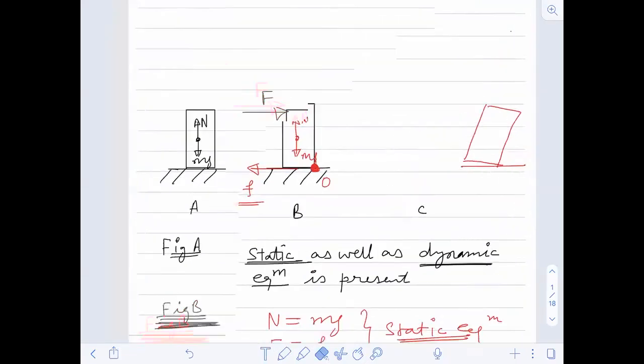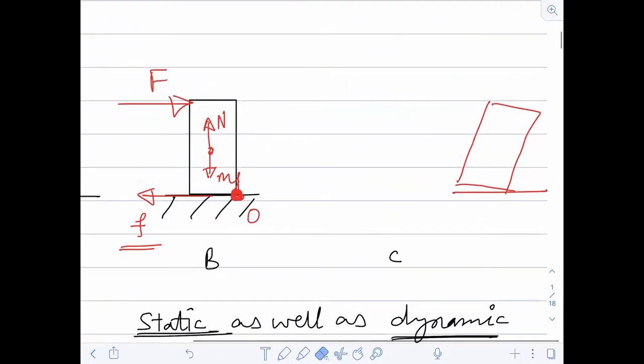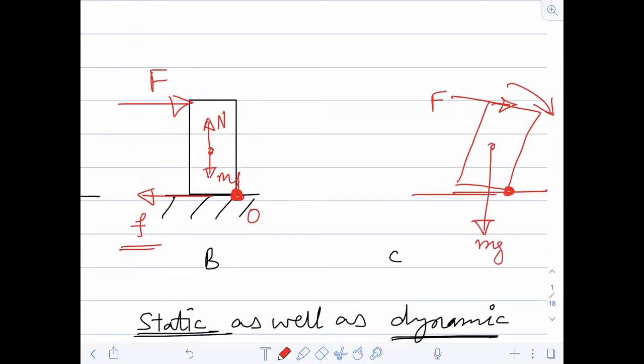Try to see this figure. I'm making it bigger. Just see this figure. So now in this, what will happen? The body is just about to rotate like this, and friction, this force that you had applied, will be like this. Mg will still act downward. Because the body is only in contact at this point, friction force will act like that.